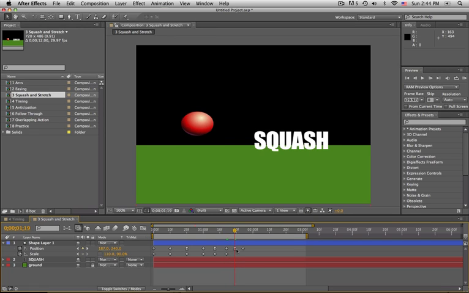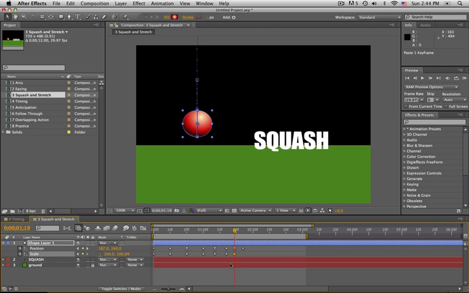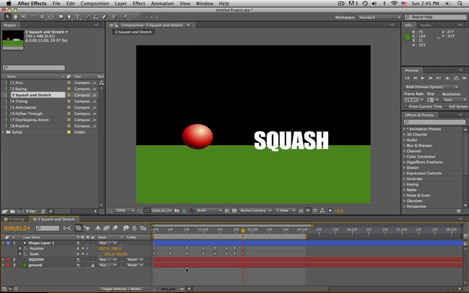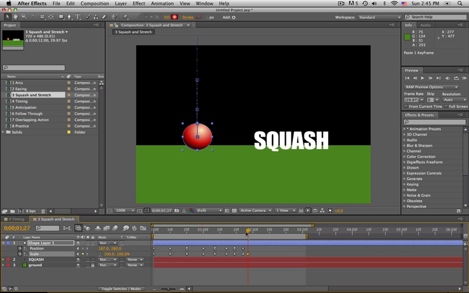Go to our next position keyframe and then paste our scale value of 100%. It's going to hit the ground again. We'll have it squash a little bit, 95 by 105. And then I'll go forward a few frames and then paste our 100% scale keyframe so it returns to 100%. We'll render RAM preview, and our problem is it's squashing before it actually hits the ground,